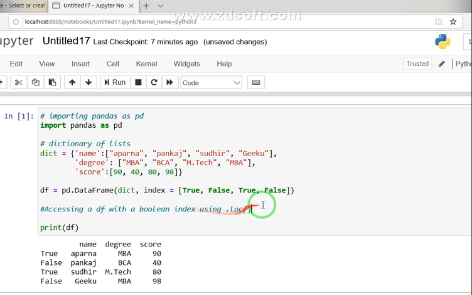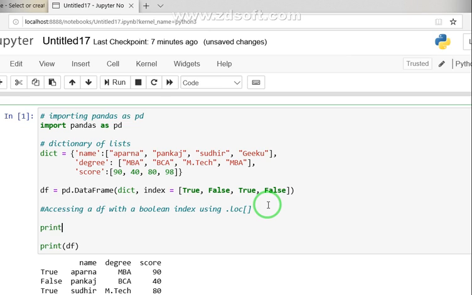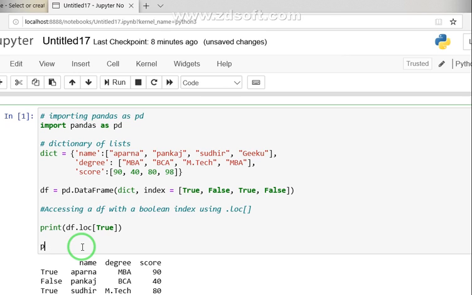I print the data frame and supply the location value. I pass True here; T should be capital because True is a keyword. I remove the older print and just run this one.